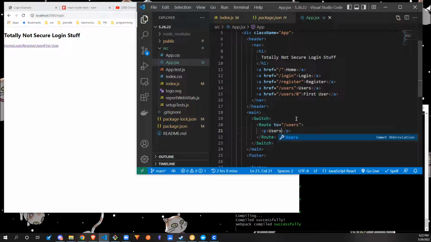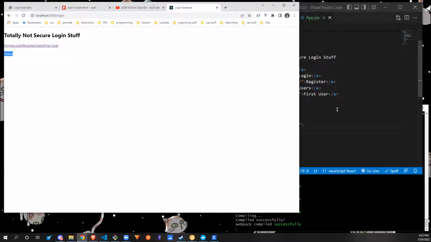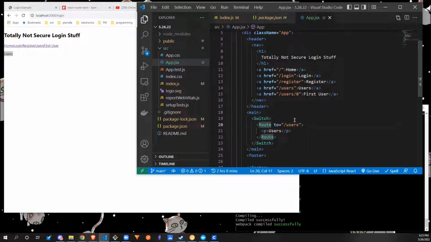Users. You'll notice this now says users here, but if I have an exact path,